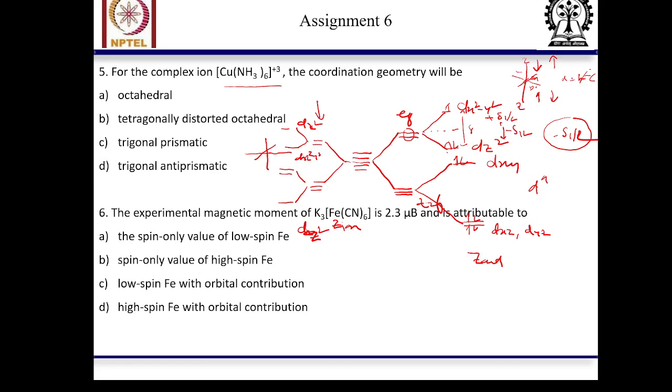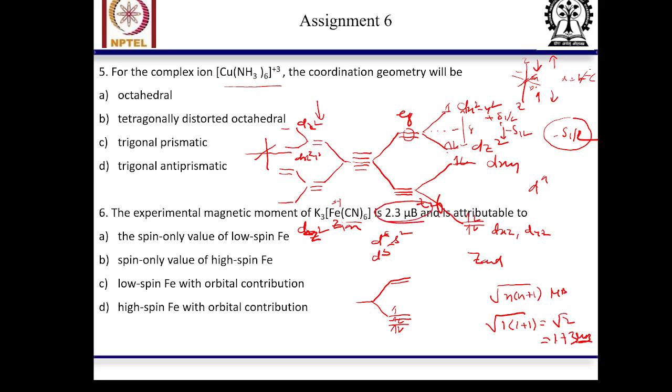Okay, so let me first see. Here iron is d6s2, right? Now iron is in +3 oxidation state, so it is d5. Now we have a strong field ligand again, so pairing will happen. It will be low spin. Now we just see the filling. 1, 2, 3. So there are two paired electrons and one unpaired electron, right? For one unpaired electron, what will be the magnetic moment? Magnetic moment is square root of n(n+2) Bohr magneton. So here n is 1, so square root of 3, which is 1.73 Bohr magneton, but